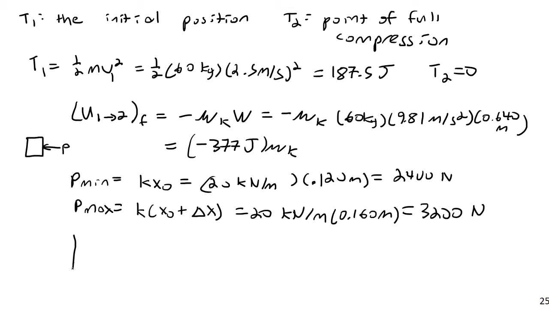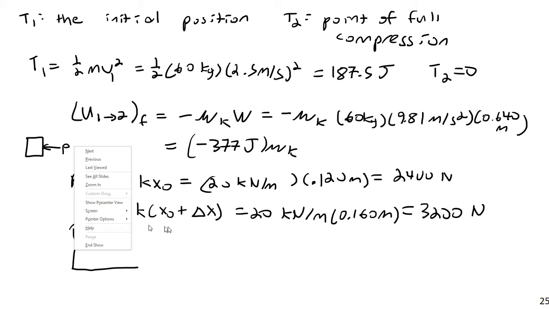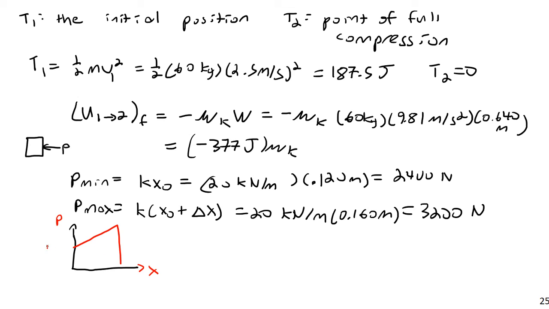if I look at the force diagram of this, so if this is P and X, I have P min here. Because of the cables, the force in the spring is never 0. And then this is delta X equals 40 millimeters. And moving on, oh sorry, the reason I drew this out is because